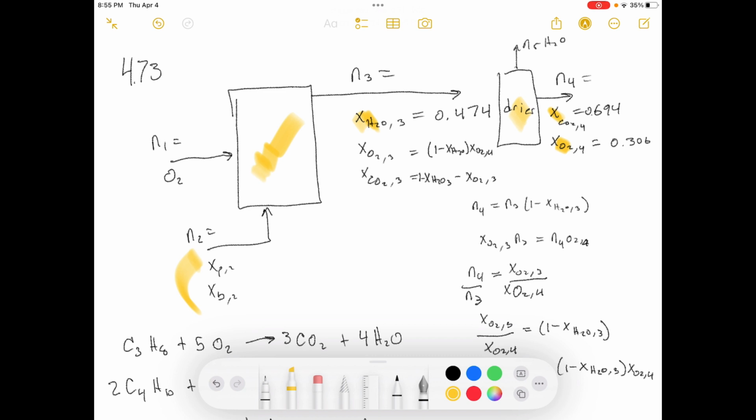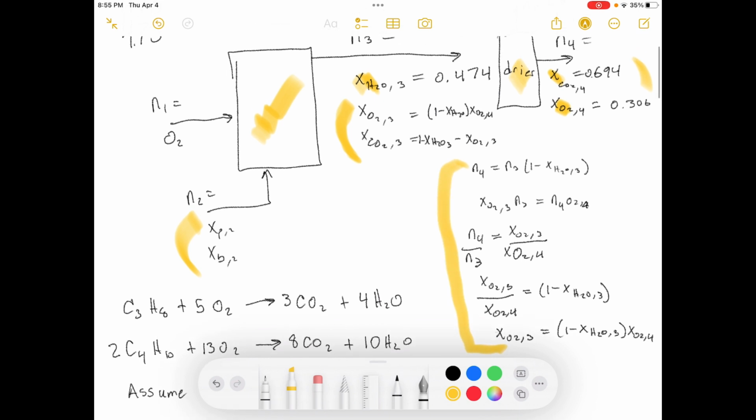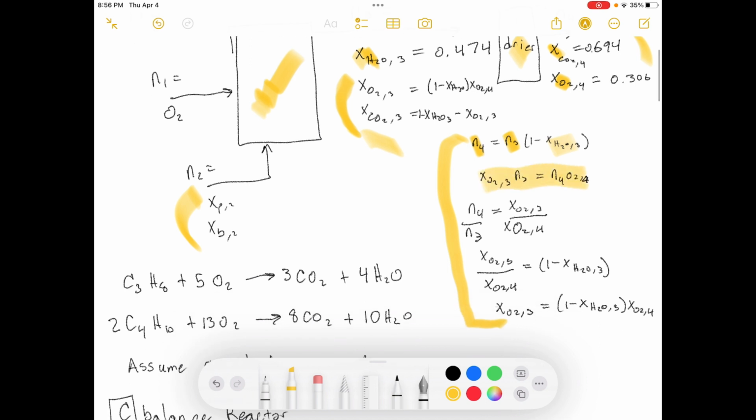So what you need to do then, the first thing that I did, was calculate this from this. Now, I could kind of do it intuitively, but I wanted to try and break it down. So I broke down the math right here of how you would calculate what these things are. Basically, you just have to say, okay, there's this many moles of N4, and it's less than N3 by however much water is in there, right? Okay, so then you can convert that to this, and then you get this N4, N3 ratio,